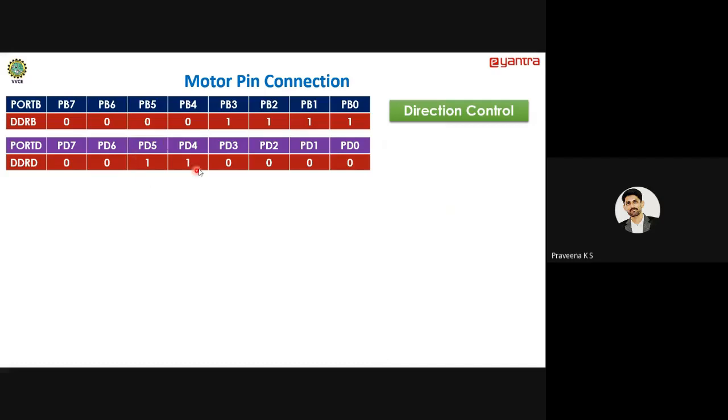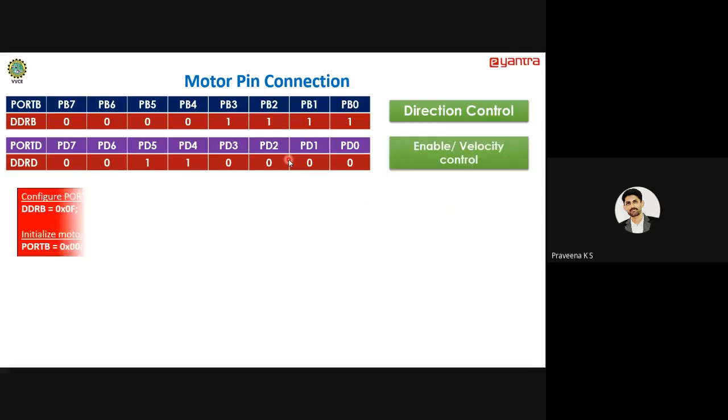To enable these pins, only these two pins have to be enabled. So what is the corresponding hexadecimal value you are supposed to send? 0x, this is 3, and this is 0. Then 0x30 has to be sent to the port D, that is DDRD.